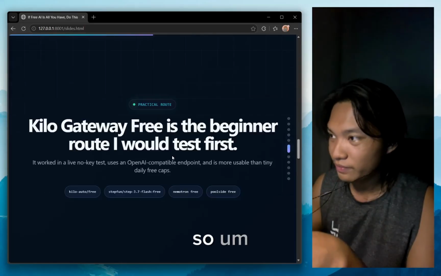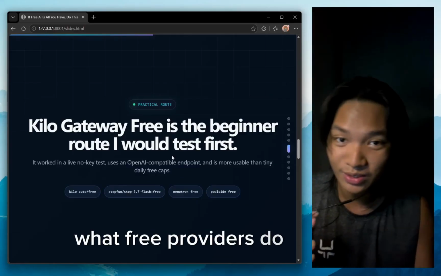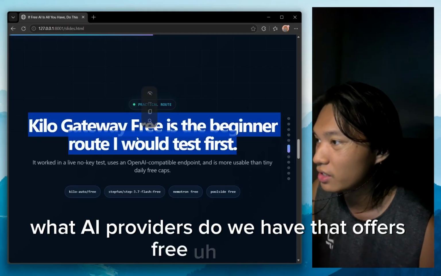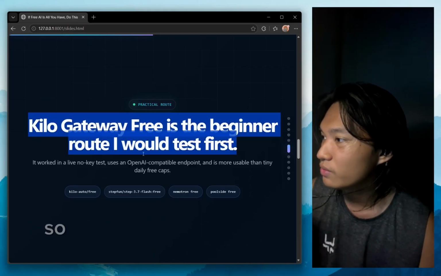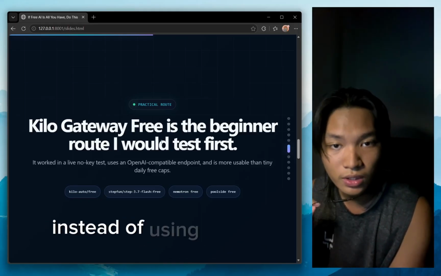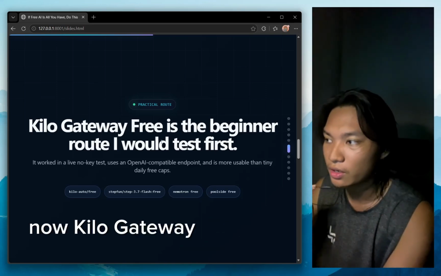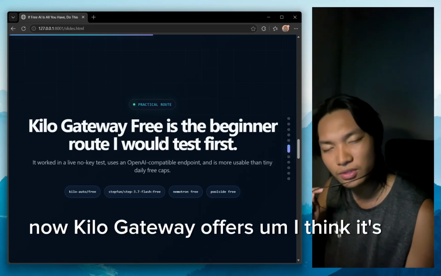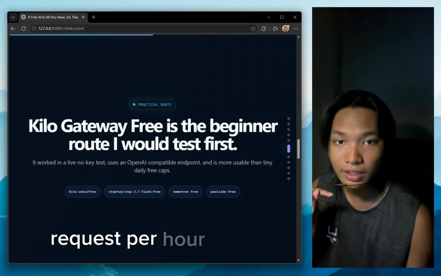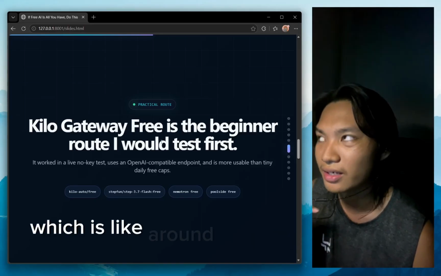So besides that, what free providers do we have? What AI providers do we have that offer free models? One provider that I could recommend to you instead of using OpenRouter is Kilo Gateway. Now, Kilo Gateway offers, I think, 200 requests per hour, unlike OpenRouter, which is around 50 requests